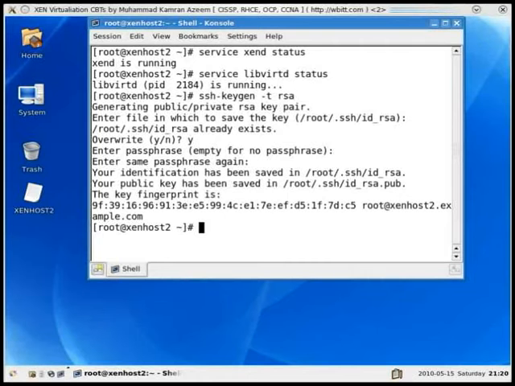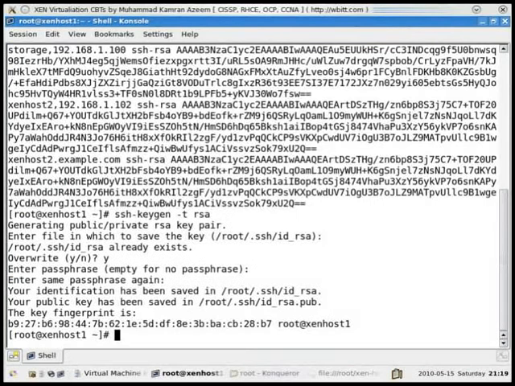Now what I'm going to do is, let's go back to machine number 1. I am going to run ssh-copy-id -i /root/.ssh/id_rsa.pub